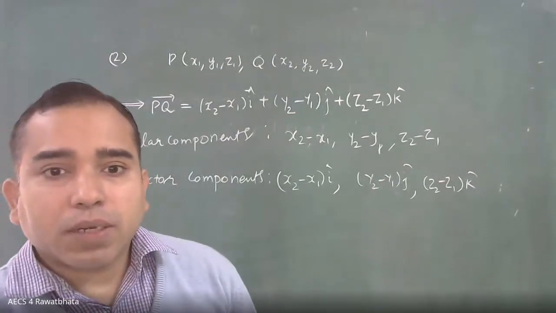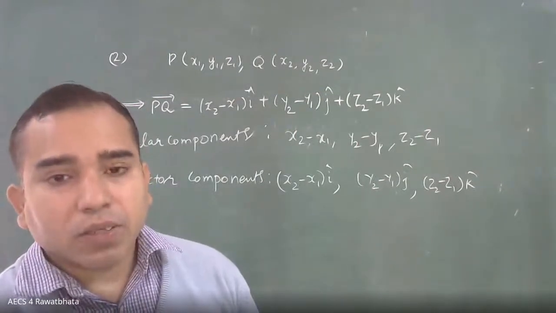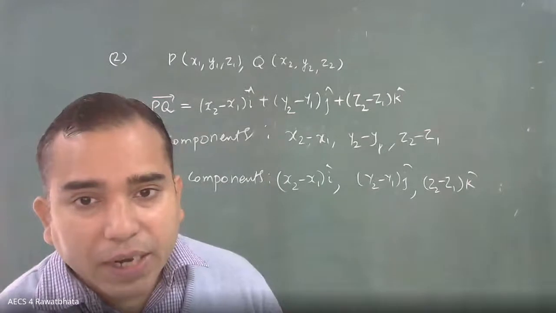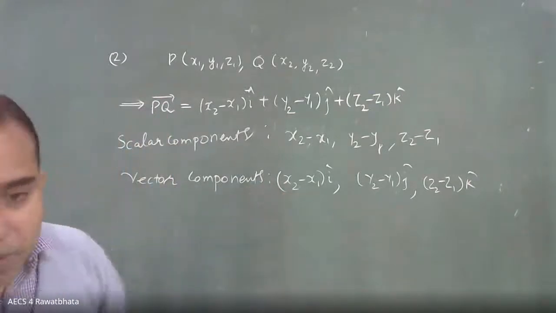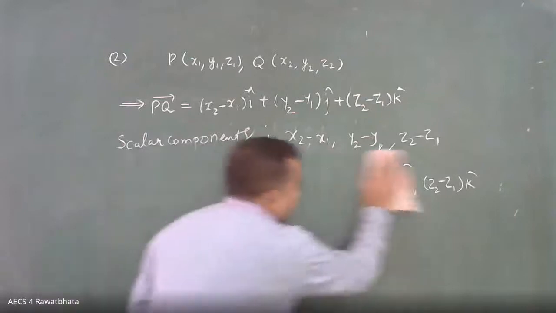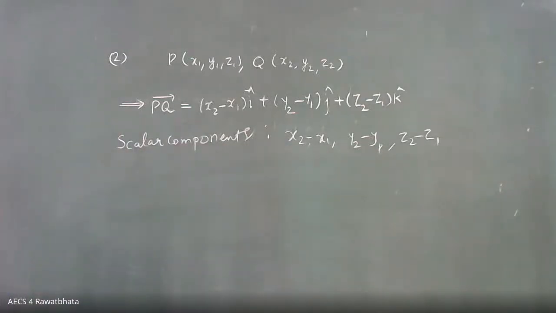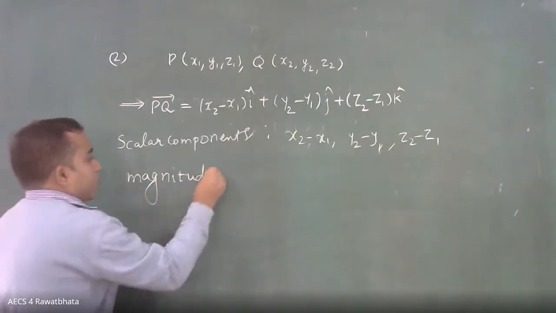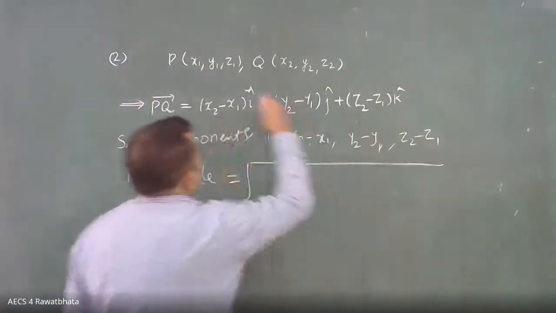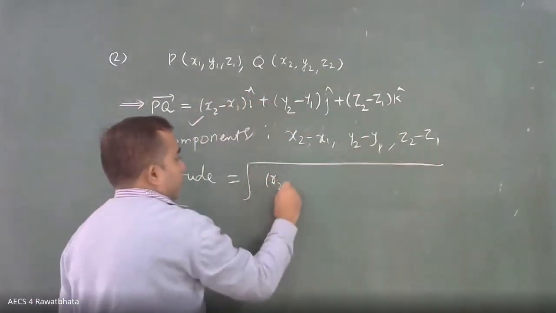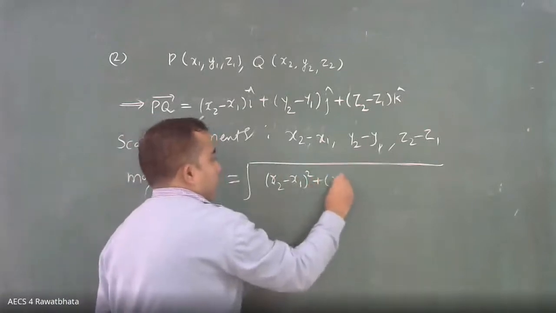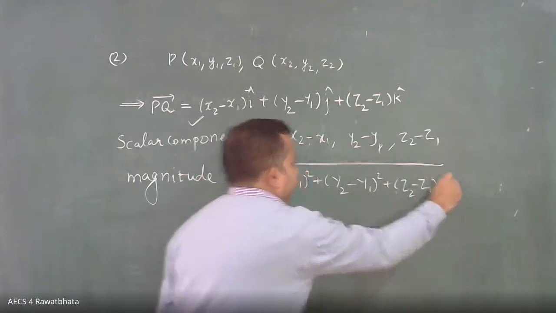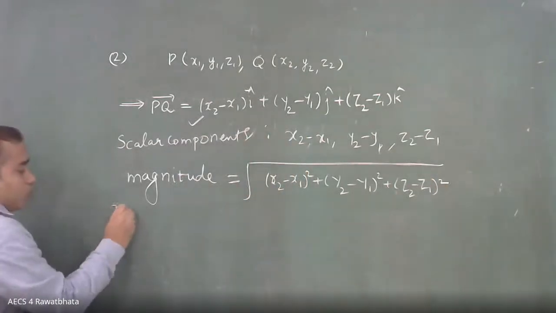One minute. Yes, magnitude also, not vector component, sorry, scalar component had to be found. The question was to find the scalar components and magnitude. So this vector components they have not asked, no problem. But the magnitude they have asked. So magnitude will be, yes, correct. Magnitude is which you can find out. Right. So it was question number 2.